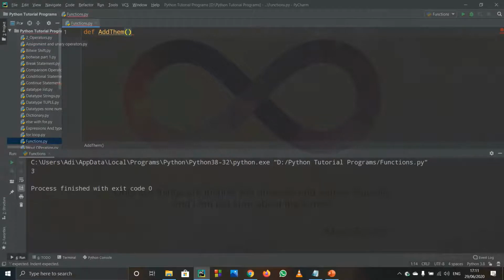After the parentheses we give a colon, and when we press enter, it gives me an indentation automatically. The cursor came to after 4 spaces, the same way as we did for if statements or for loops. Inside this part of code we'll write the task that we want to perform, that is the addition.